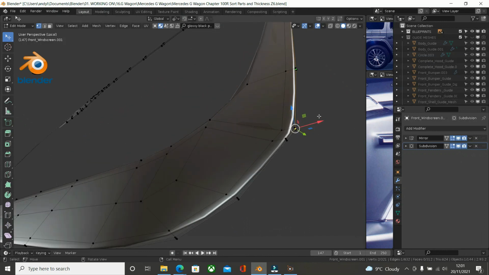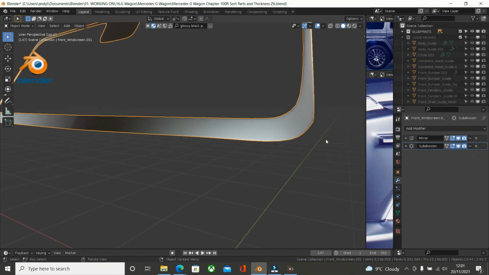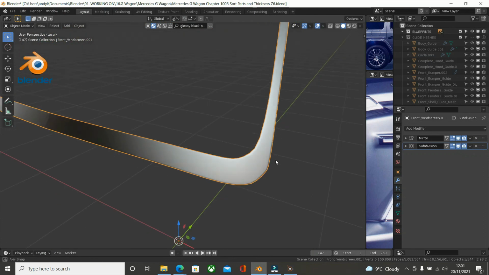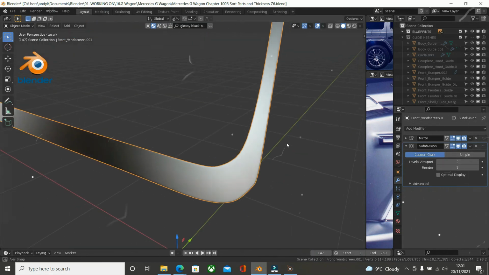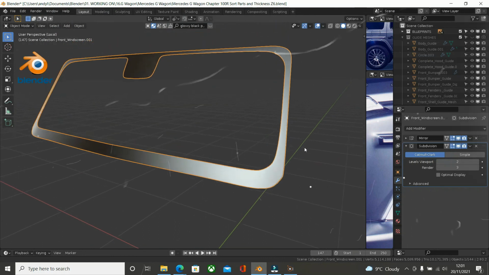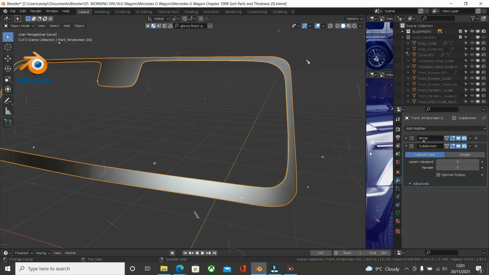So let's tab into object mode. Yeah, that looks okay. So what I want to do is up the levels, 2 on the viewport and 3 on the render. Let's give it a better look on the subdivision. There we are. So that's our